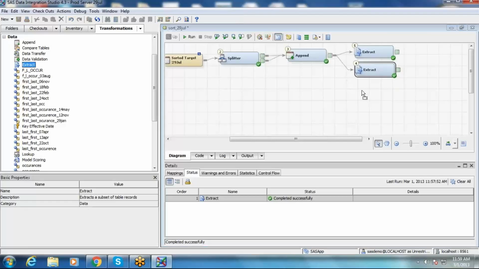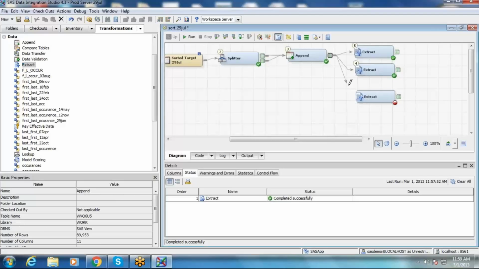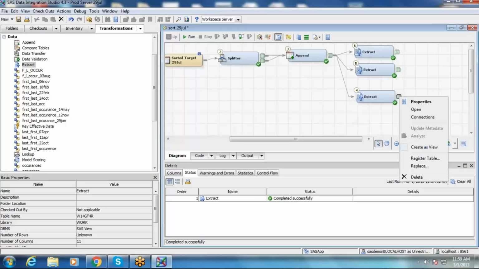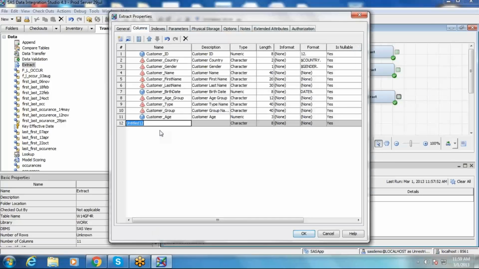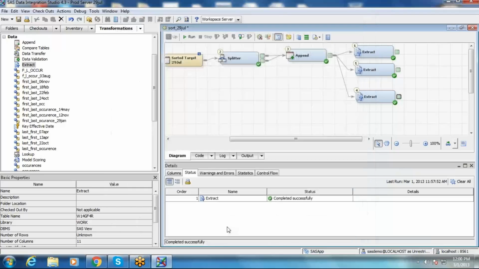Just drag and drop extract, link your source table, along with all the columns. I need one more column, right? Just right click on the properties of the target work table. Here, just right click and then go ahead with part of name, customer. I know that it's character based. If you want, you can reduce the length to 3. Okay. Then click on OK. So you can go to extract the same way.